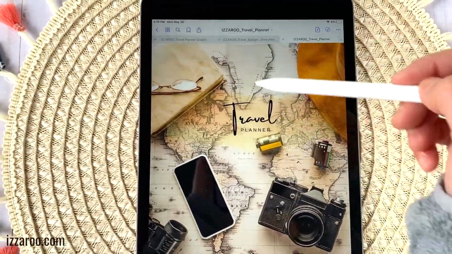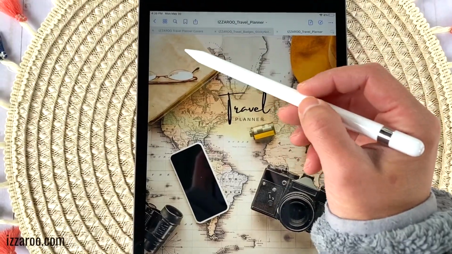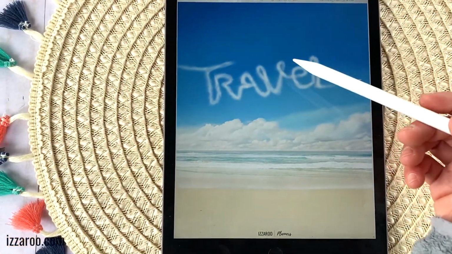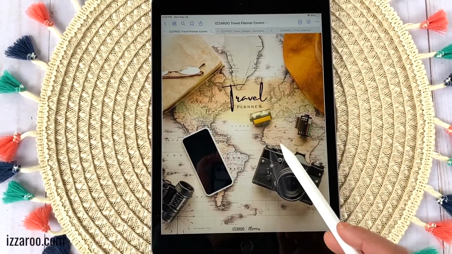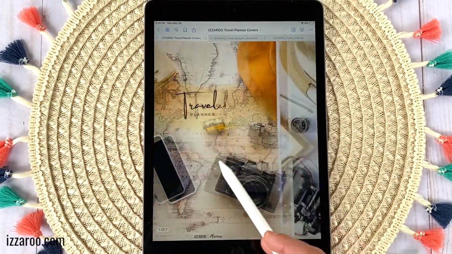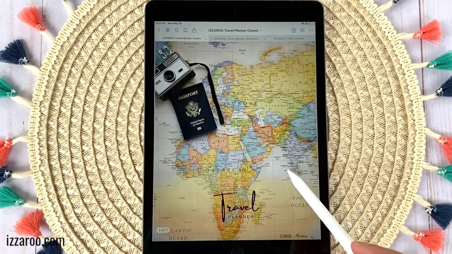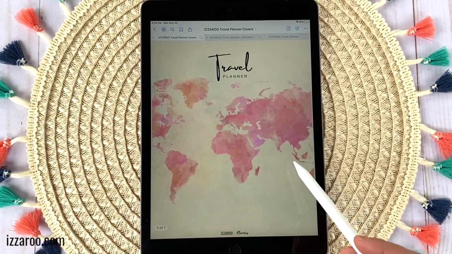So this planner actually comes with this cover on it, but you can change the covers, and I'm including all of these covers for you. So this is the one that comes with the planner right now, but you can easily change it to one of these covers,